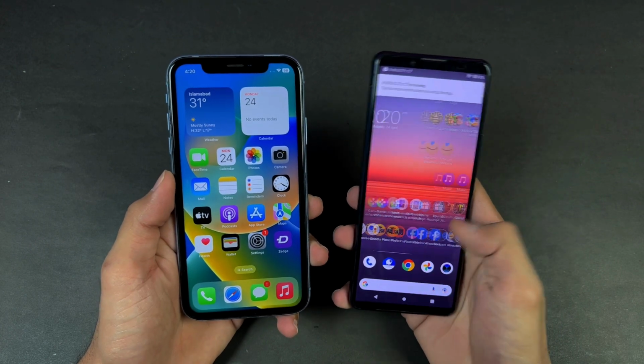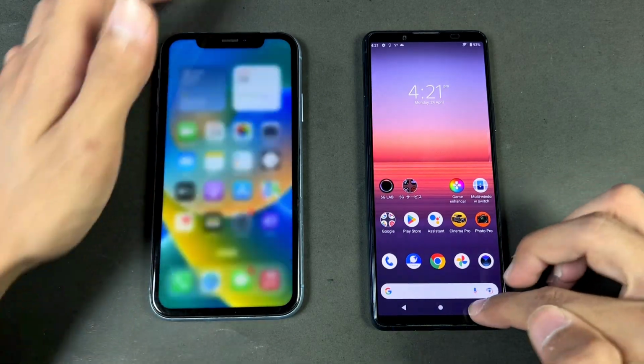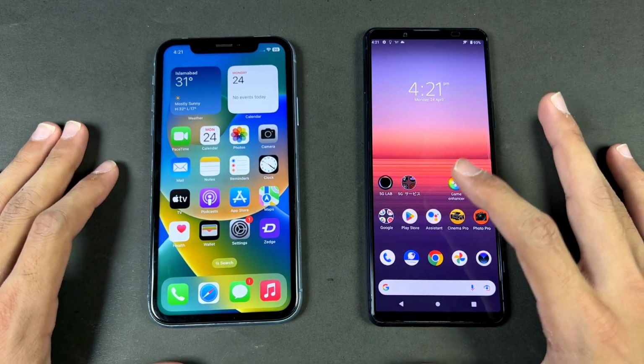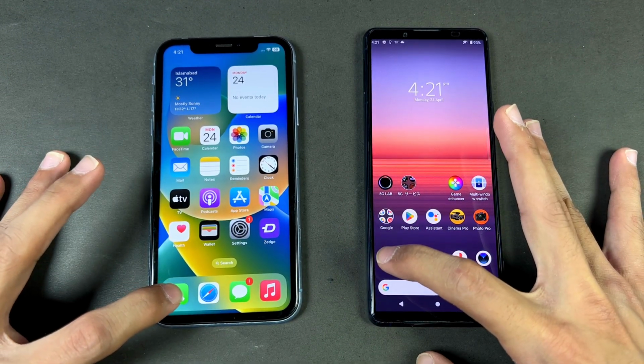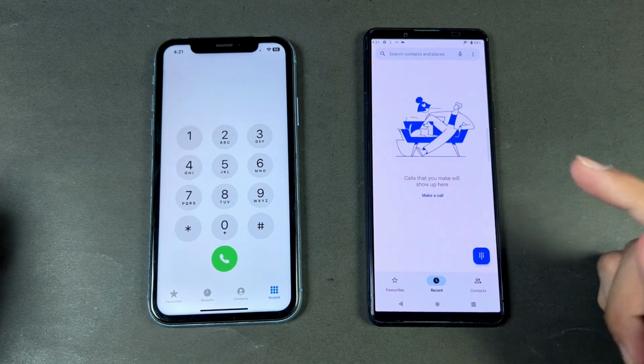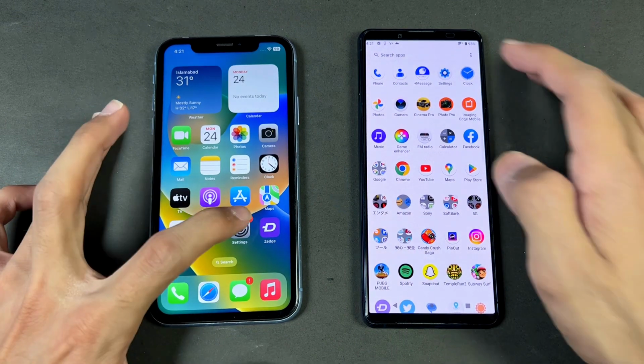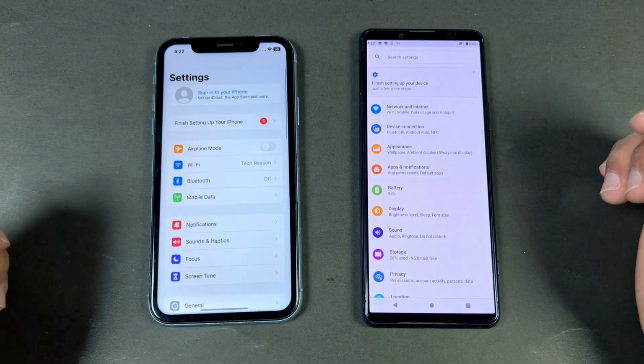between these two devices. So guys, everything's closed in the background, no application is running in the background. Also, we have the same Wi-Fi network on both phones, and the first application we have is the phone dialer, which is faster on the Sony Xperia. So next on the list is the settings, and now let's open it at the same time, and Sony is a